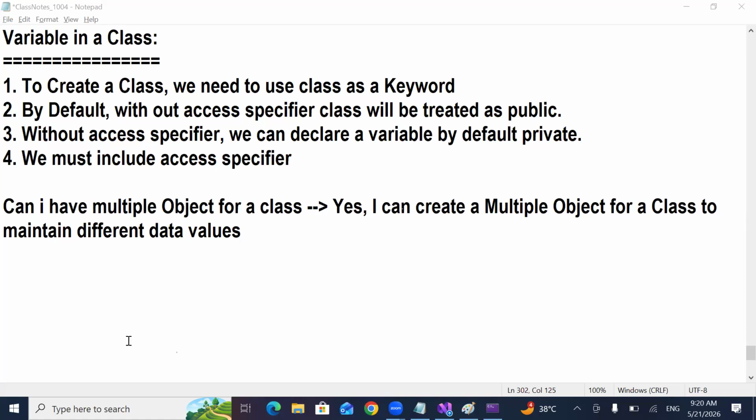The new keyword is a combination of constructor and creating memory. The constructor executes and then memory will be created. I can explain that tomorrow when I'm teaching constructor. It is a connectivity; you need to connect things and understand. That is why I'm not talking about the keyword now.